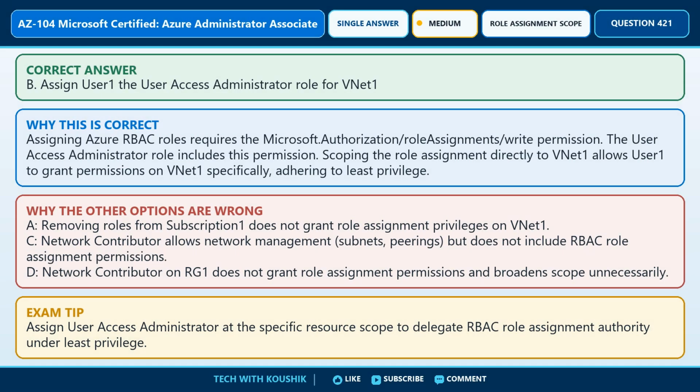The best answer is option B. Assign User1 the User Access Administrator role for VNet1. The key reason is assigning Azure RBAC roles requires the Microsoft.Authorization/roleAssignments/write permission. The User Access Administrator role includes this permission. Scoping the role assignment directly to VNet1 allows User1 to grant permissions on VNet1 specifically, adhering to